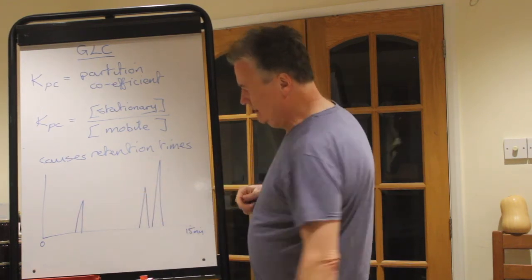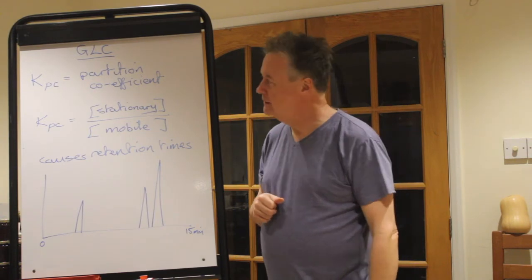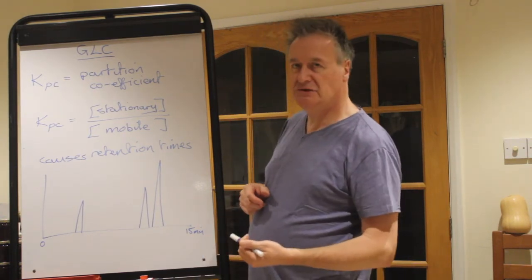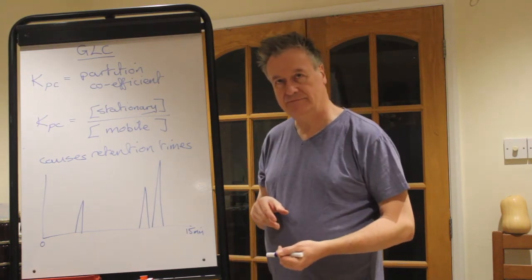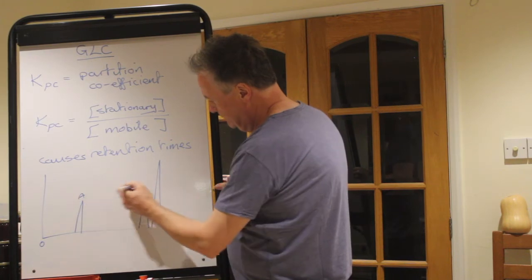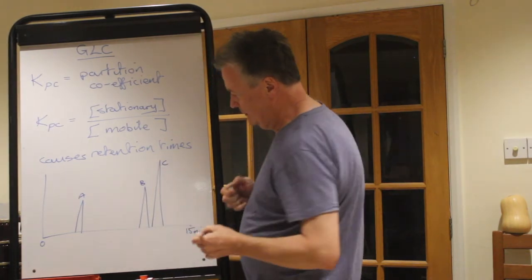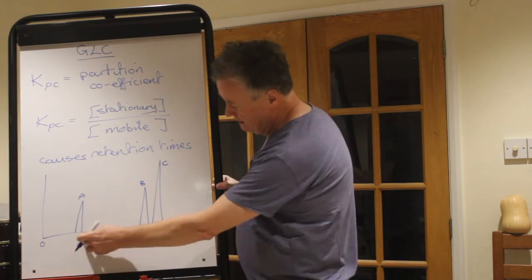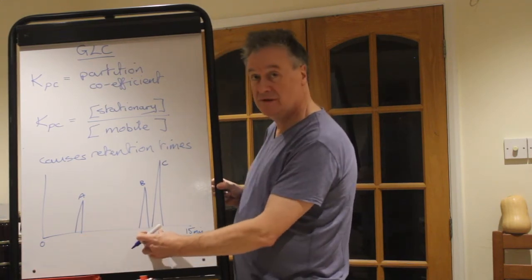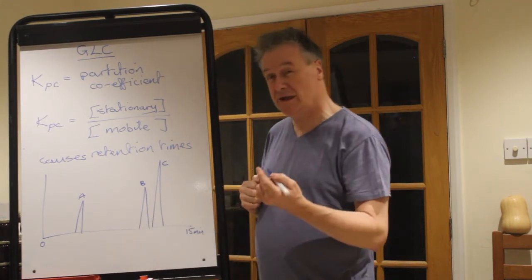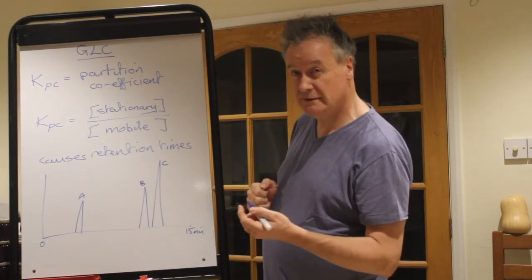This here is an example of the printout from a GLC machine. It shows that there were 3 chemicals. It shows that if we give them the labels A, B and C, it tells you, and this is the retention time, so 0 minutes to 15 minutes, so they have different times. These two were obviously fairly similar in retention time, but it does one other thing in a gas chromat, well,